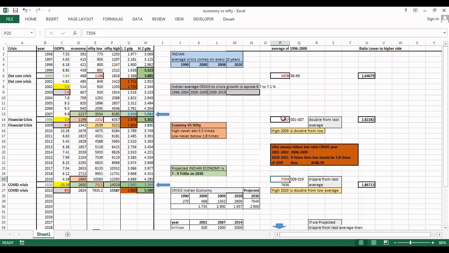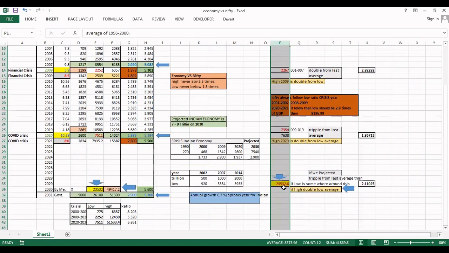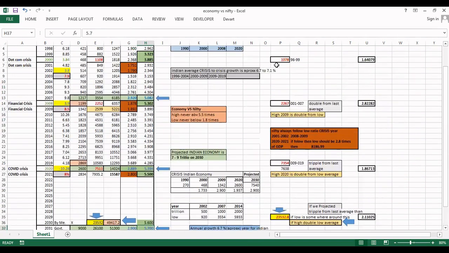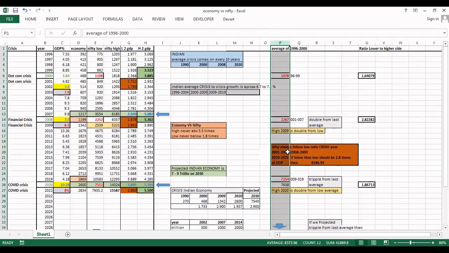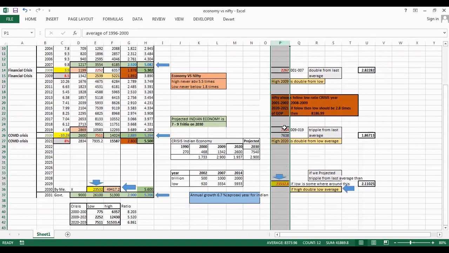This is double from the dot-com crisis to the financial crisis. Money got doubled from the financial crisis to the COVID crisis. Money got tripled. So this is in a linear regression, a linear pattern. We know that a crisis cycle is of 10 years, so 10 years from 2020 is somewhere around 2030. If this is a pattern of three times, then thrice of 7354